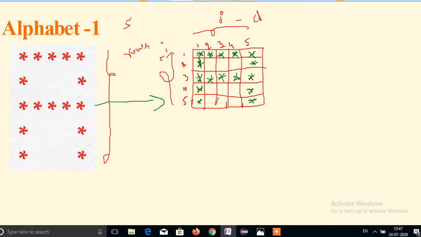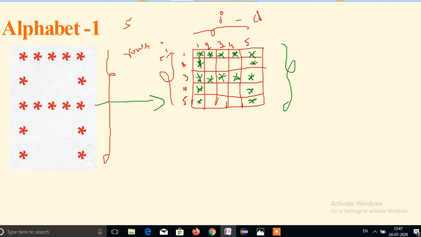So if you observe this carefully, we will understand easily where the stars will be printed. So don't skip the video. If you skip the video you will not understand where the logic comes from. Okay, observe here.